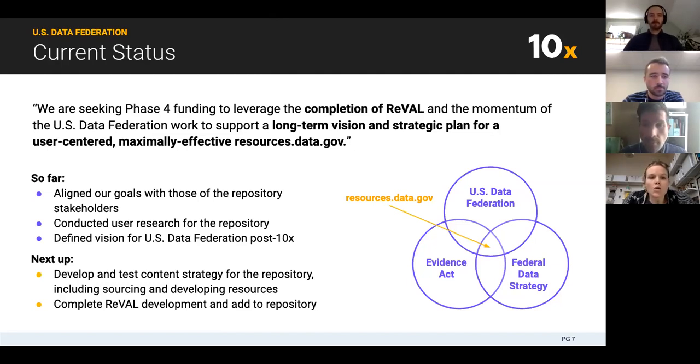So far in this phase, which kicked off in October with a small team of myself and Mike Gintz, we got in touch with these stakeholders at other agencies and started to do some user research, talking to folks who are involved in data management and governance across multiple agencies. We talked to about 30 folks from across 14 agencies. And in so doing, defined a vision for what the US Data Federation could provide even post 10X,